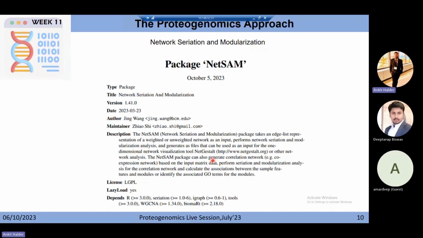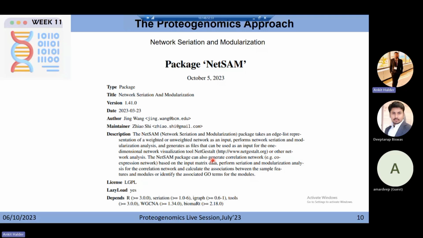So ultimately, what we need to do is visualize those tools, visualize those data sets, and visualize those co-expression networks. So this is happening. How is that? First thing is NetSAM, the network seriation and modularization package. It will take in as an input your weighted or unweighted network, and it will perform your network seriation and modularization analysis, and then it will generate your file that can be used as input for visualization like